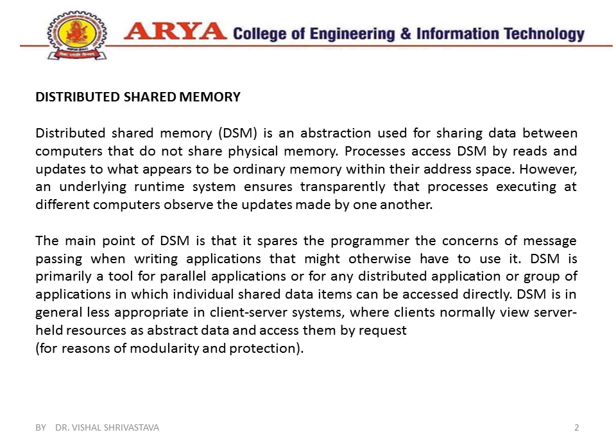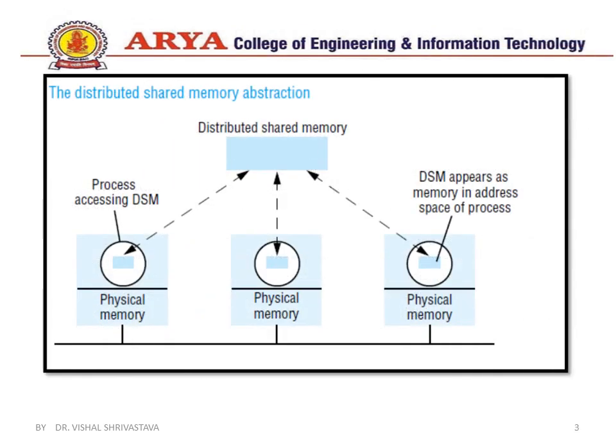So distributed shared memory is basically a concept that was generated when we introduced multi-processor systems where there are many processors sharing the common memory. You can see the diagram. Here we have a distributed shared memory and various systems or processors having their physical memory, and they are interacting with the distributed memory for accessing the processes or services.